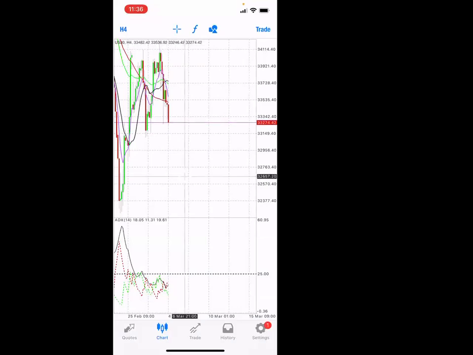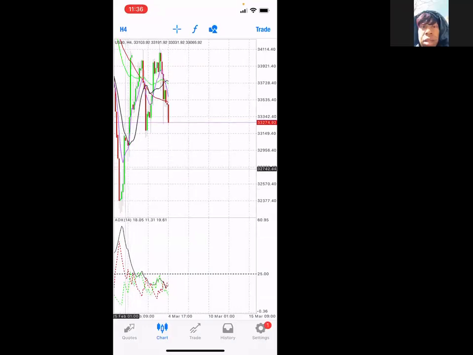Because if you look at my screen, can you see the little plus sign on my screen? Right here, even though the red is above the green, which is all the way up here, it reversed. The red is pointing down and the green is pointing up. But we just know it's a lot of momentum because this is above 25. Not saying that it can't move below 25, but this is just letting us know it's a lot of movement. So when I see ADX up here, I know the chart is going to move.